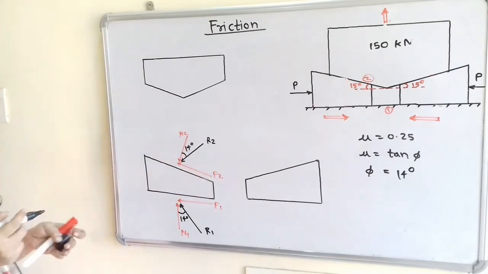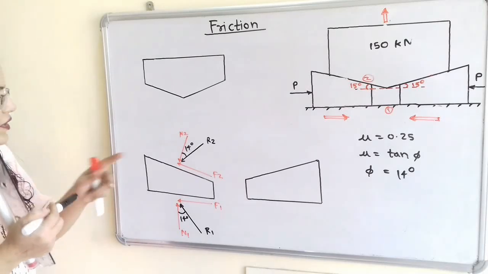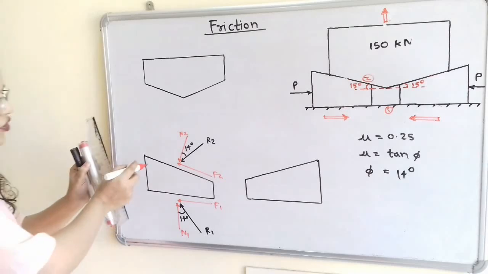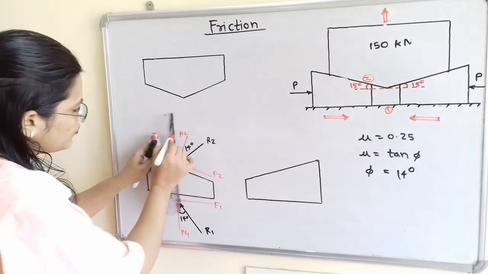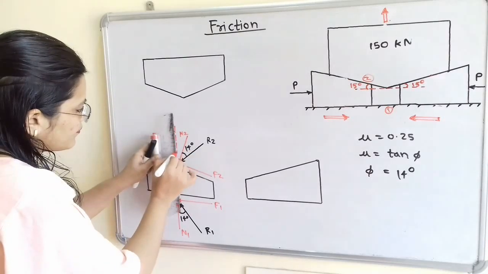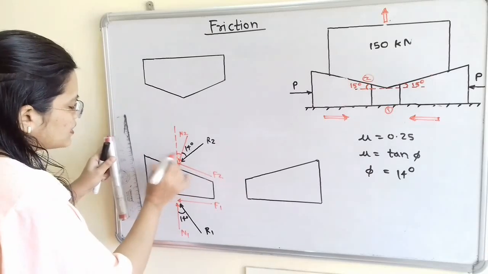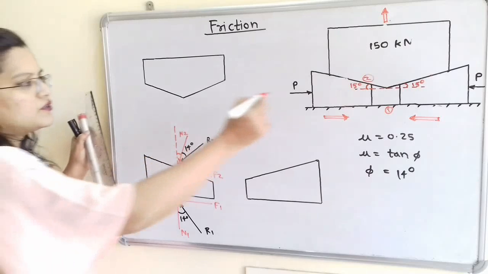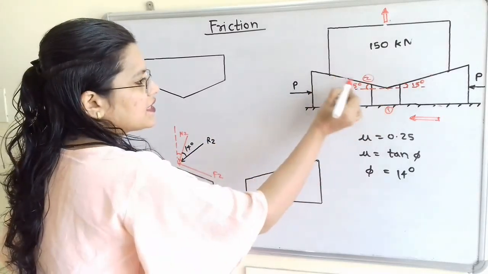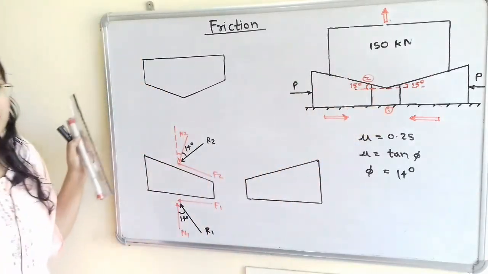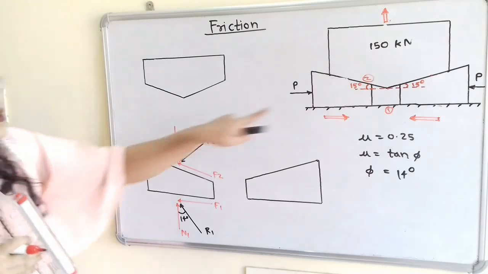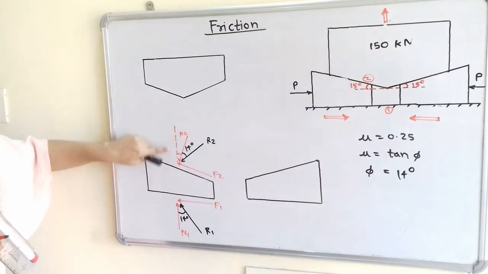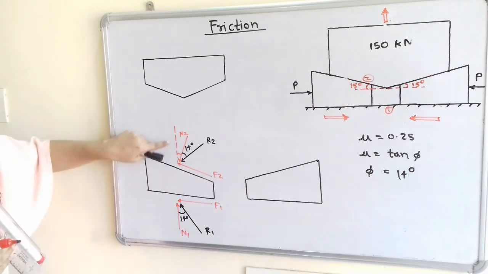We will make one construction here. If I draw one vertical line passing through the point of contact of F2 and N2, then how do we find this angle? Now if we observe, for this horizontal line and this inclined line, the angle is 15 degrees. Now for this horizontal line, if we observe this vertical line that I have made as a construction line, this vertical line